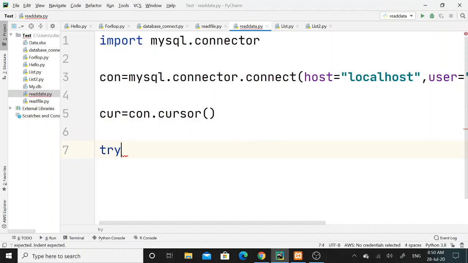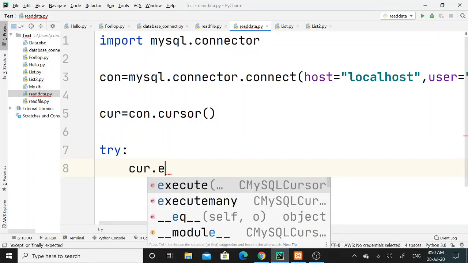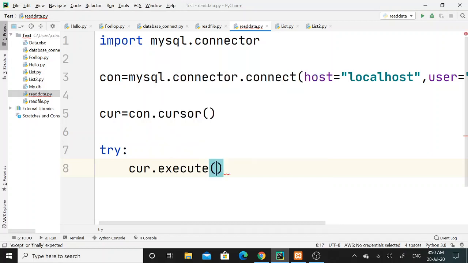Then I will declare the try keyword over here, and with the help of the cur variable I will invoke the execute function. In the execute function I will write one query to fetch records from the table. So here my query is select star from my table name, that is employee.